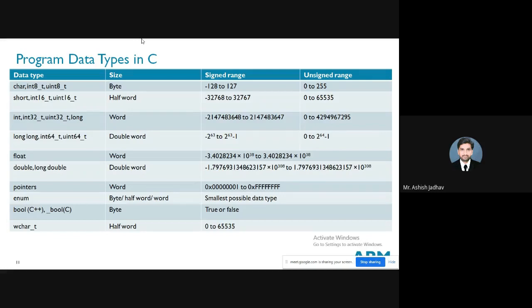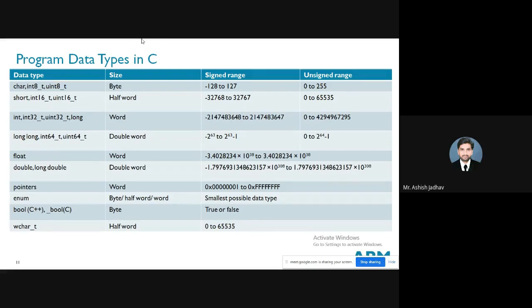Half word means 16-bit, right? So 16-bit is nothing but 2 bytes, right? So 2 bytes means half word. Now if I talk about the range, it would be 0 to 2 raised to 16. 2 raised to 16 means what? 65,536. This is the total range.